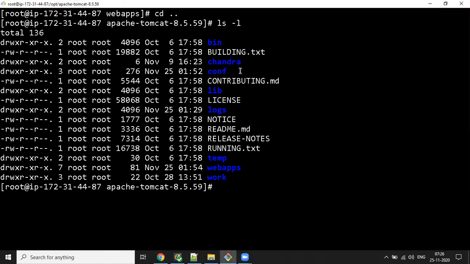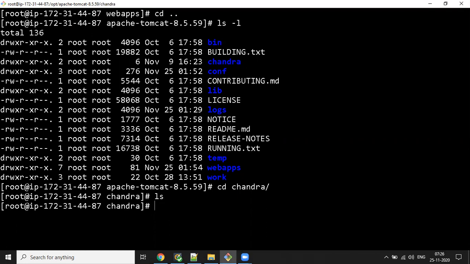See, this is the Chandra folder. Let me get inside the Chandra. What is there? This is an empty folder. Now I want to deploy my web applications from Chandra. For that, what you need to do is get inside and copy the directory. cd